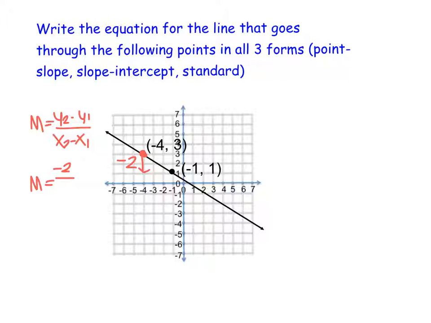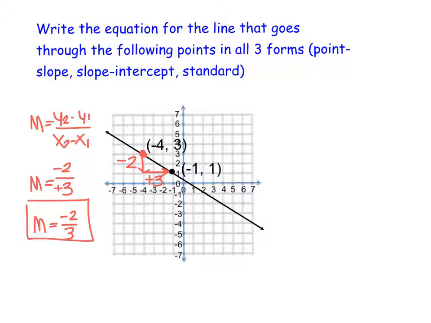So I have negative 2 as my rise, and my run is a positive 3 in the x direction, so I have a positive 3. So my slope for this line is negative 2 over 3. Then from here, what we need to do is write the equation of a line into the